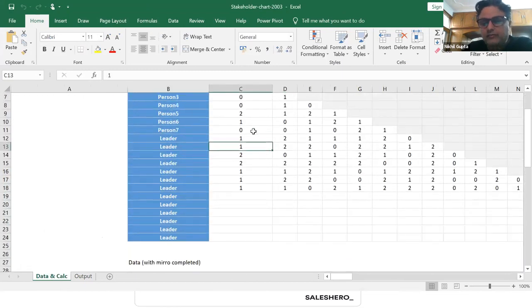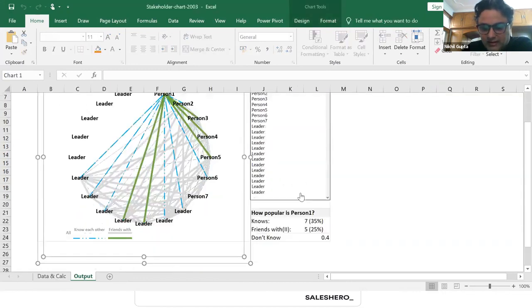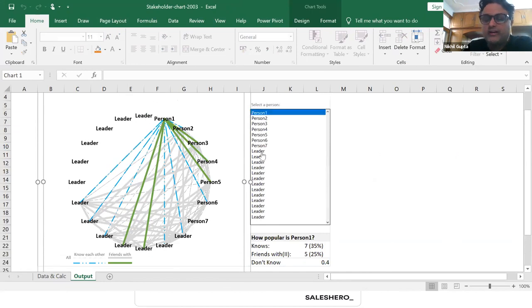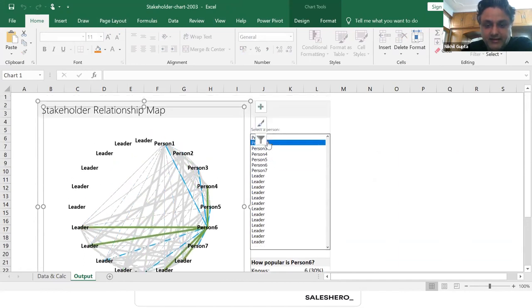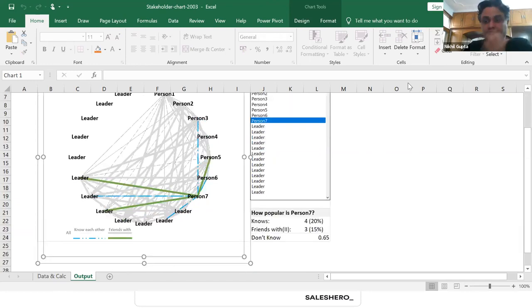So we actually give them 0, 1, 2. 0, 1, 2 is nothing but acquainted with and friends, because we had multiple meetings, and obviously through multiple meetings we realized who is the influencer. And if I click, if I go to person 1, I can see their connection routes. I can see person 3, person 4. And when we map this,